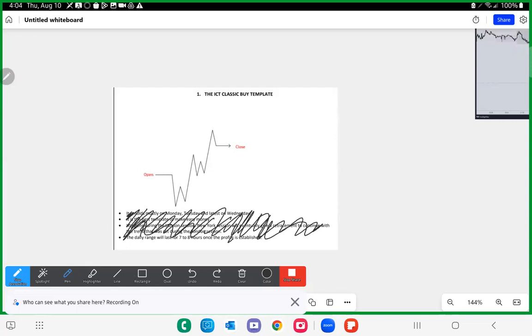So what that looks like is London opens, right? It has a Judas swing, right? Maybe it sweeps the Asia low. Maybe it runs through the Asia midline and sweeps some type of internal range low, right? Biggest point here is we want to see some type of expansion from point A to primarily point B.